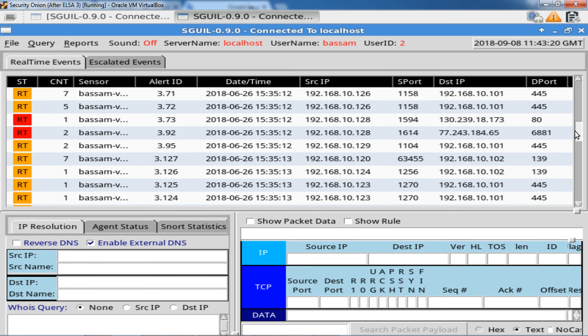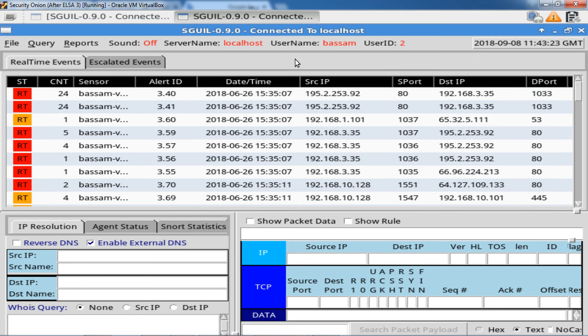And here we see the alerts coming from Sguil, and we see columns like the ST or status of alert column, and we see here the word RT, which means real time. We see alerts with the colors red or orange, so this is the status of the alert. And also we see columns like the count, so the number of related alerts, and also we see the sensor,